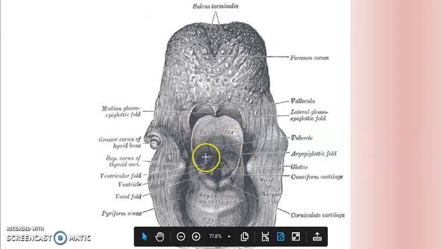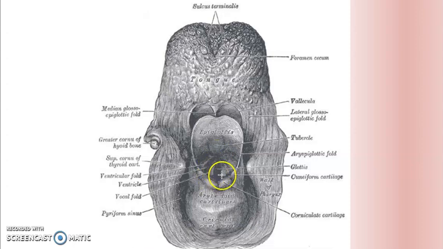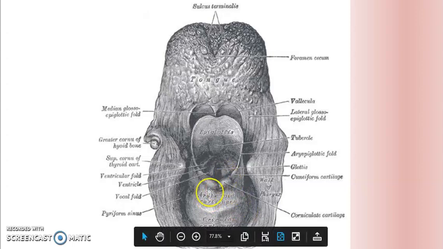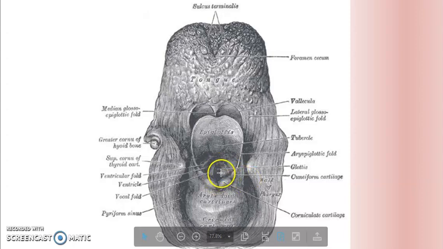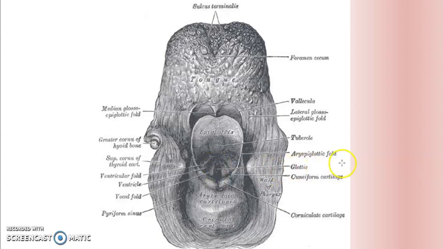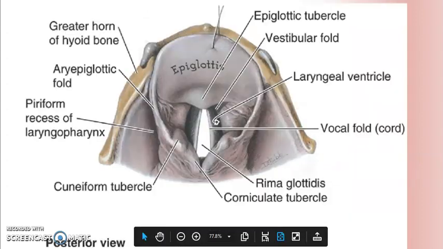Okay. So this portion of the larynx, which is broader and above the glottic area, where the vocal fold is there, it's called supraglottic area. Below this area, where it's again broader, that will be called as infraglottic area, where the vocal cords are there, and that area is called as glottic area. The slit which we can see here is called as rima glottidis. Rima glottidis. Okay. So same thing, much better clarity you can see.